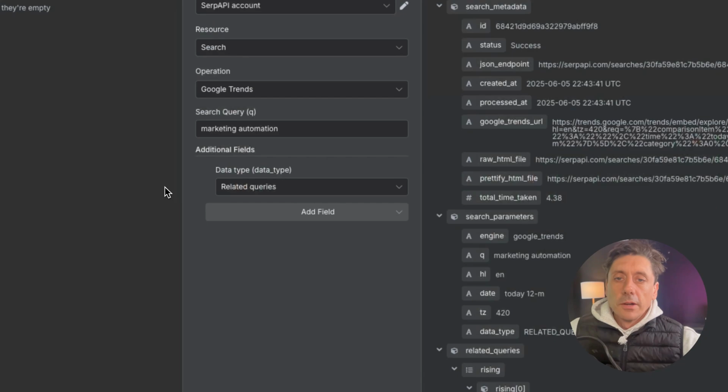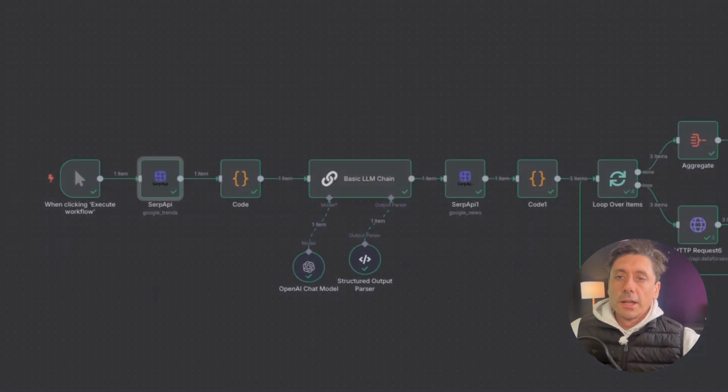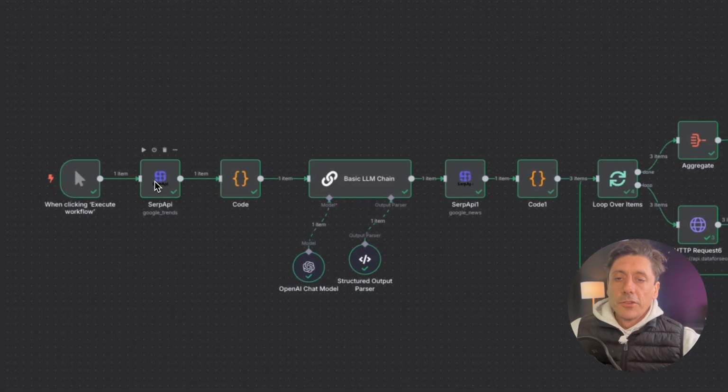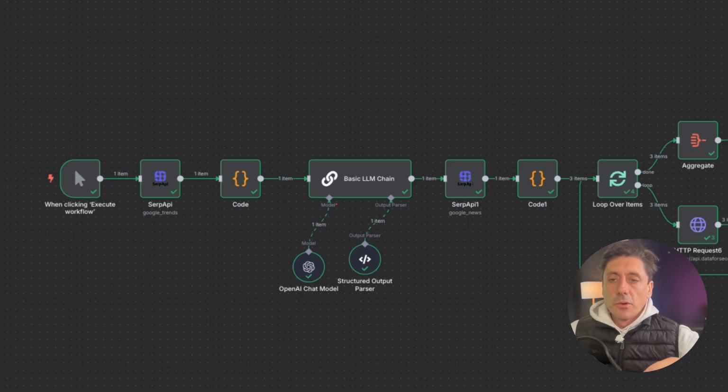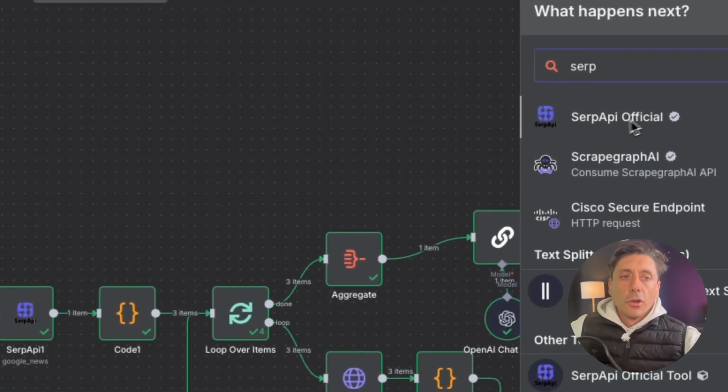Then the next node here is called SERP API. So you need an account over at SERP API to run this. So if you go over to SERP API and you just get an API account, they give you free credits. So once you've got an account there, all you need is your API key. So in order to connect SERP API to N8N, this is what's going to do the live searching for us. This module's an HTTP request. So in N8N, if you go to the sidebar, they actually have a built-in node for this called SERP API